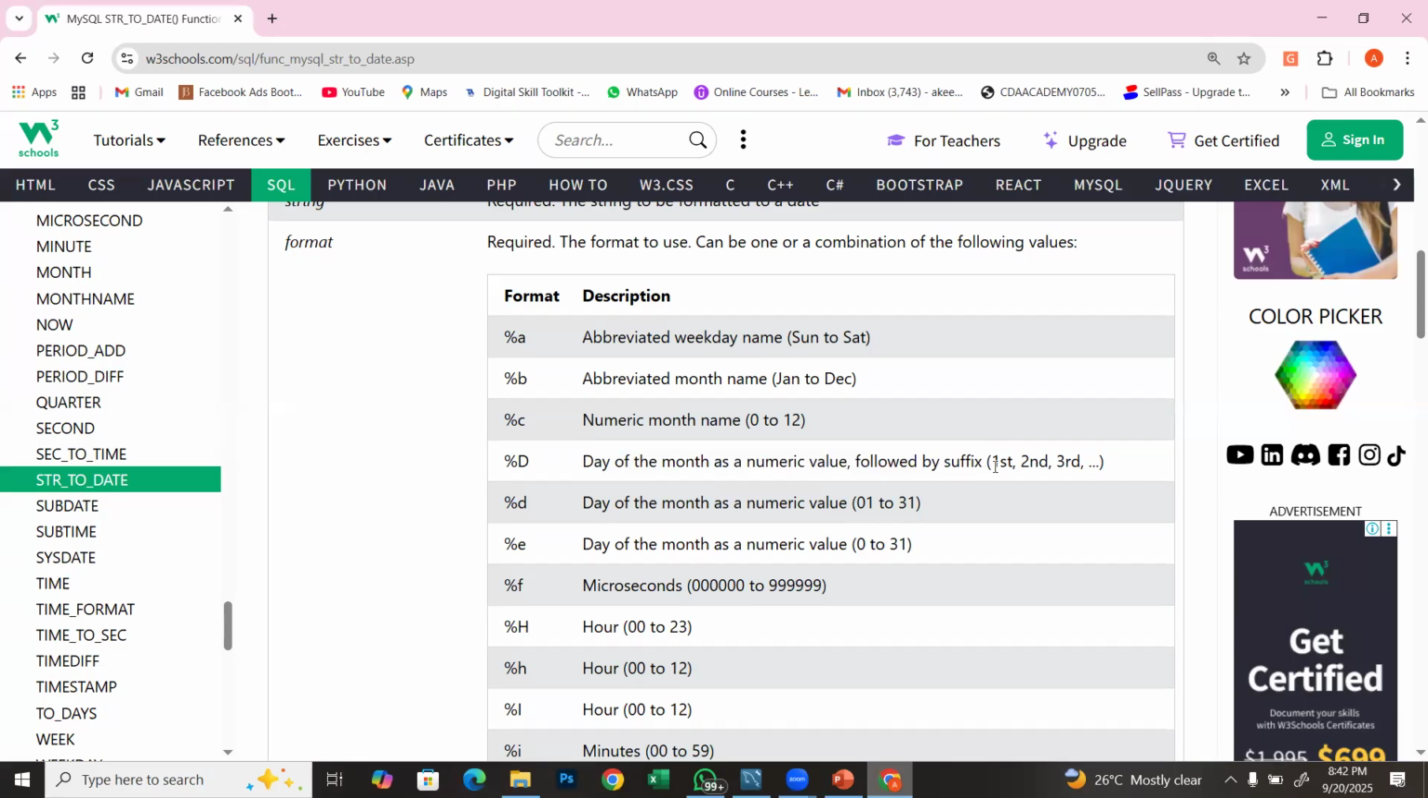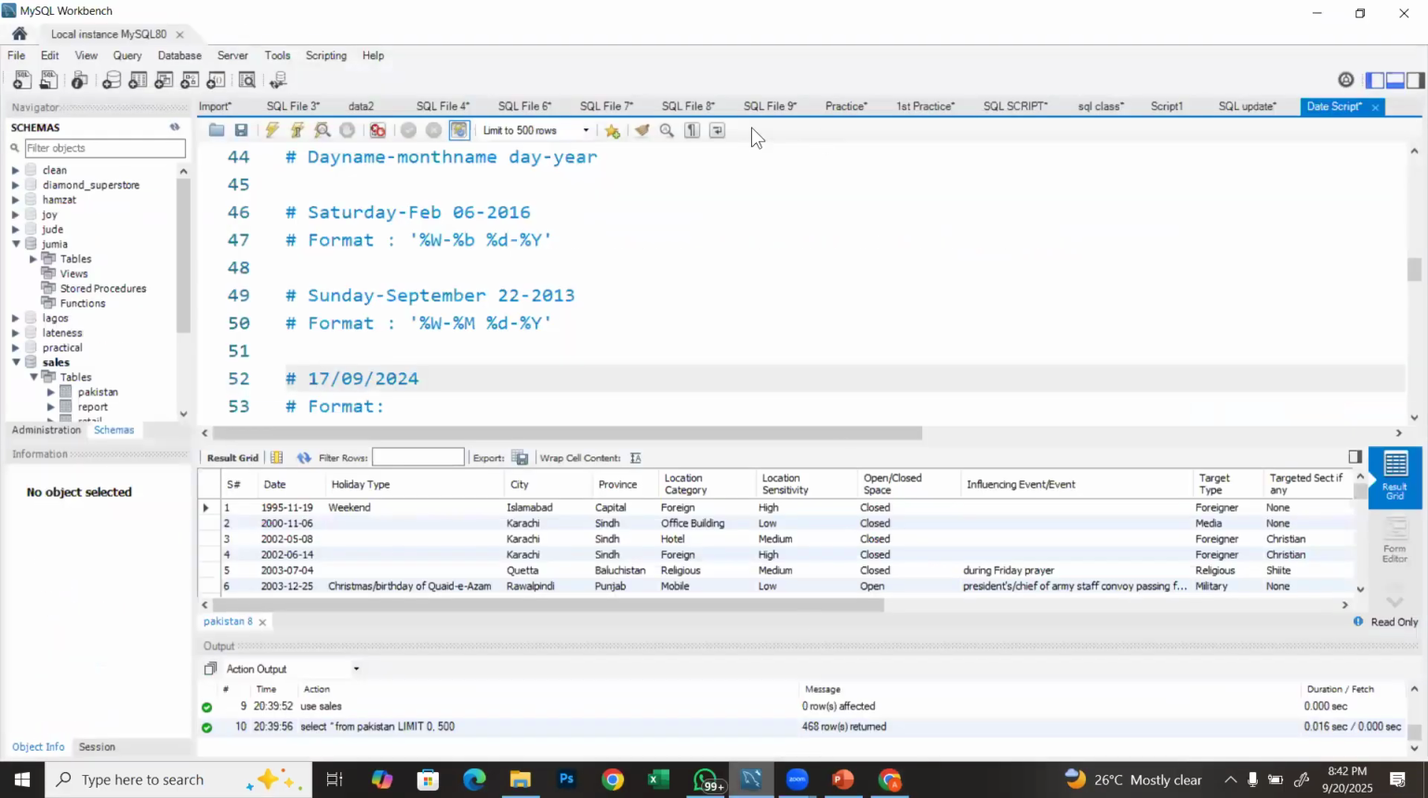If you're in a situation whereby we have first, second, third, right? But that's not what we want. We want the day of the month as a numeric value. So I always advise try to use the first one, percentage D, right? So use percentage D. You can see from 01 to 31, right? So the very first thing here is going to be percentage D,